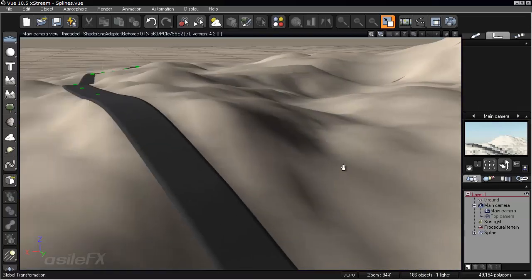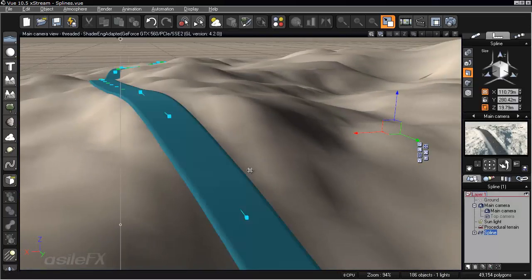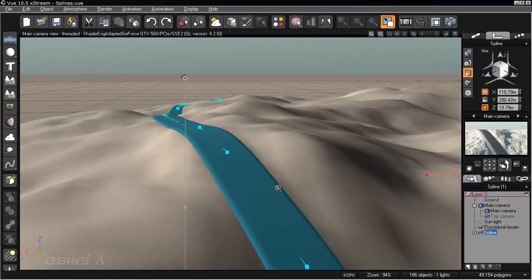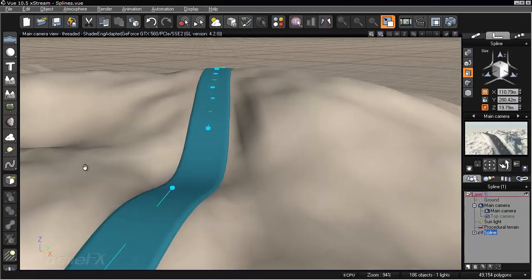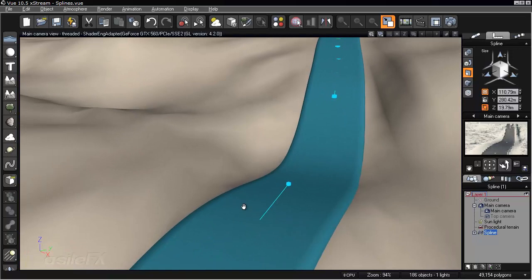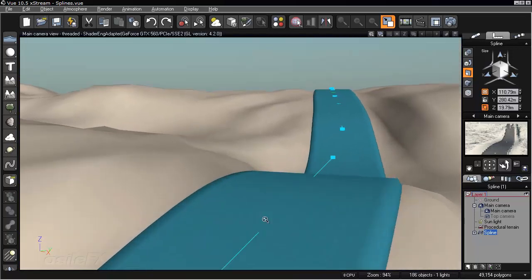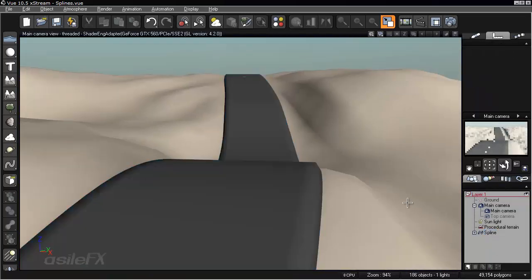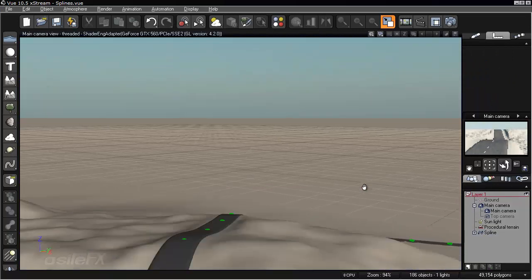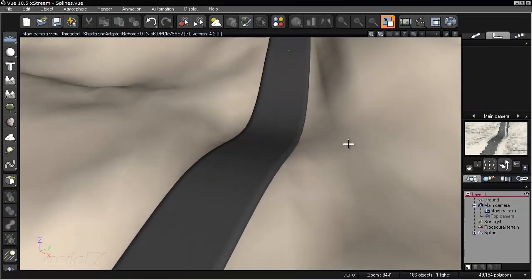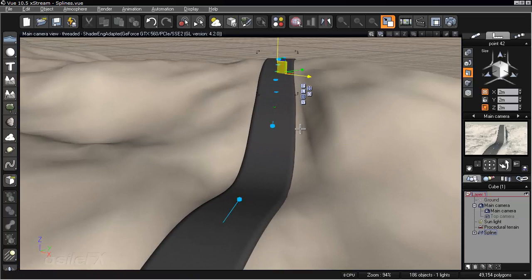And we're going to take a look at another new feature, which is a spline roll. And this works with the terrain effect and the geometry effect. So what we can do is select our spline points. You want to make sure that you're in the local axis mode with the gizmos open. And what we can do is switch to the rotate tool,